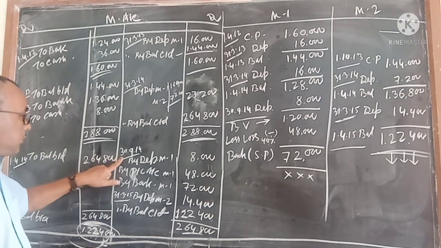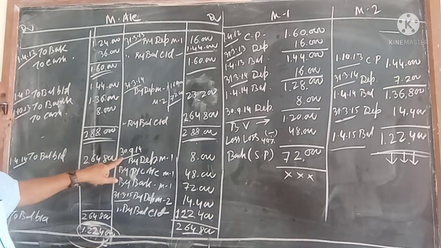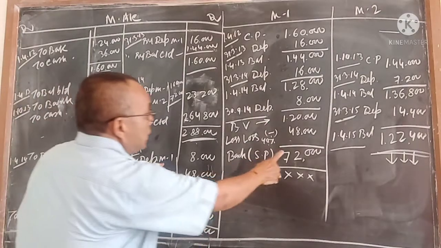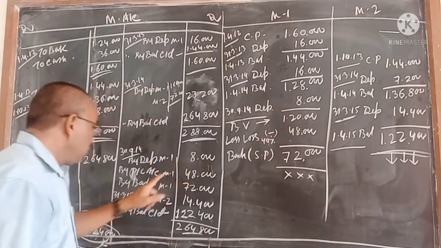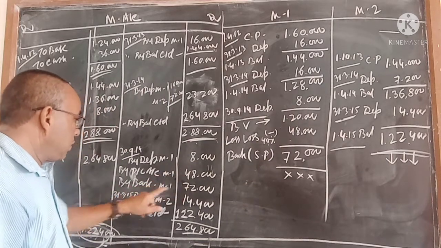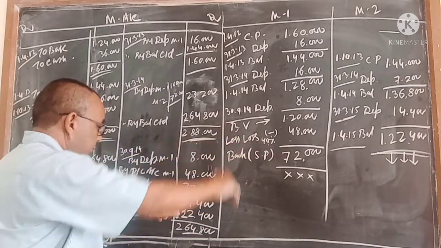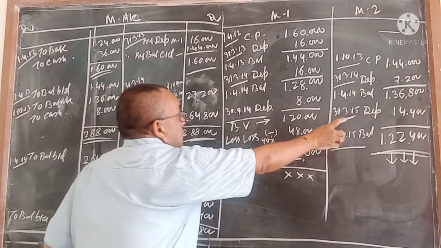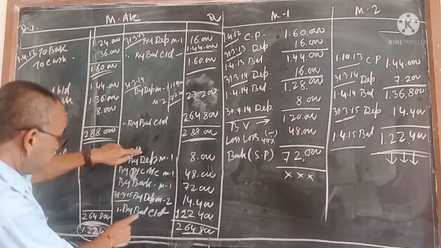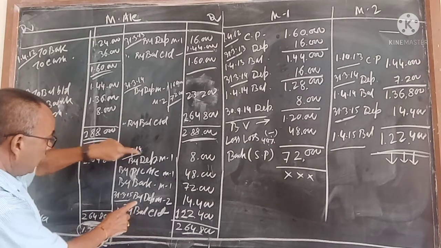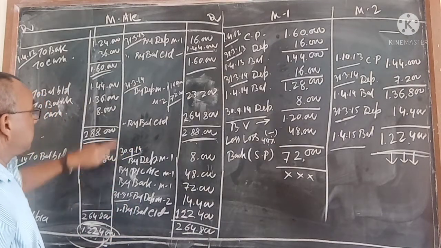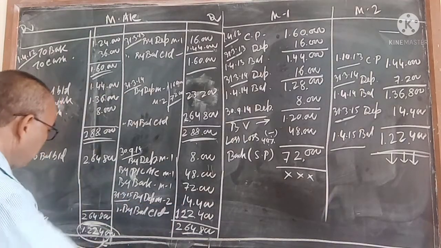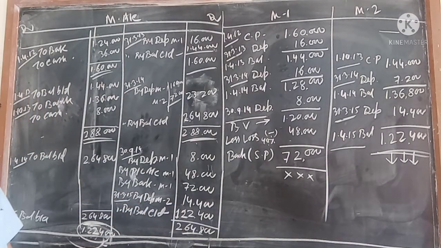Now in the middle of the third year you have sold the first machine, and the depreciation for M1 here you wrote 8,000. It had a loss of 48,000 and you sold it, so it is closed. Then 31/3/15, depreciation of the second machine, so depreciation had to be written separately twice. Why? Because the dates are different, but here the dates are the same. This is machine 2, 14,400, and you got the balance of 1,22,400.